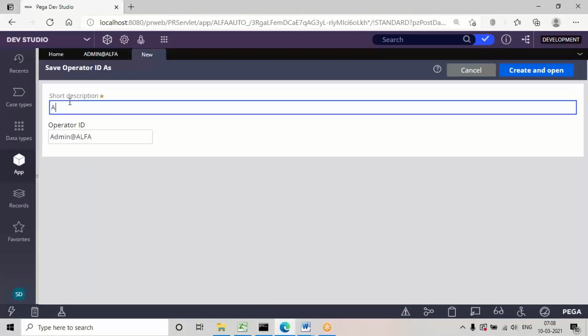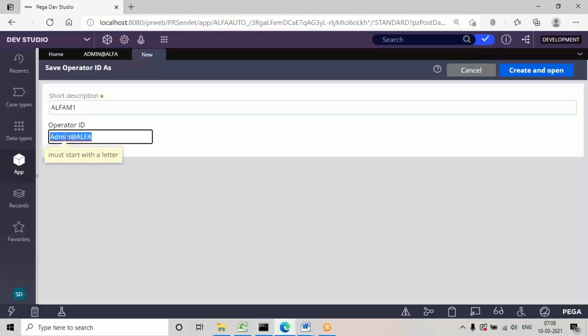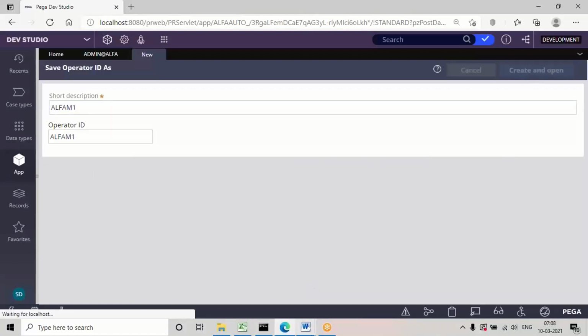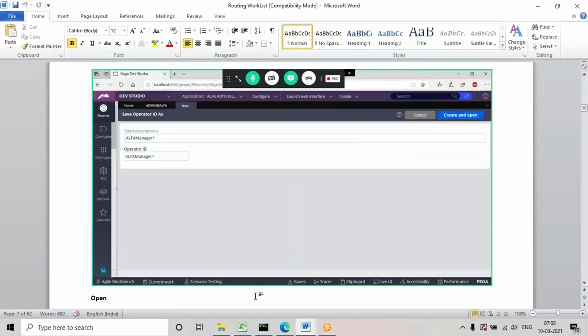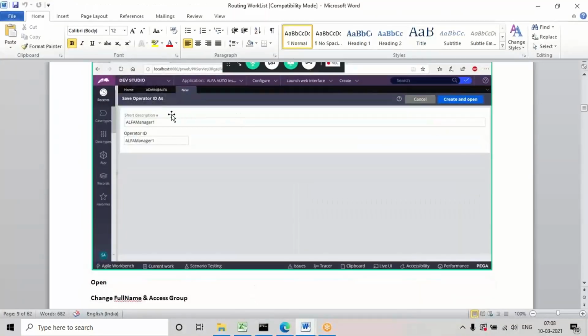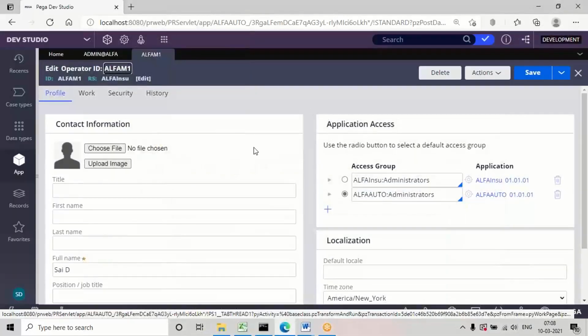I'm giving the name as alpha m1. You can give any name in your application. Maybe in the document the name can be different. I have given alpha manager 1 there, but in my application I'm giving alpha m1.